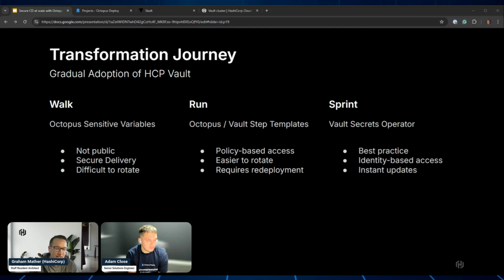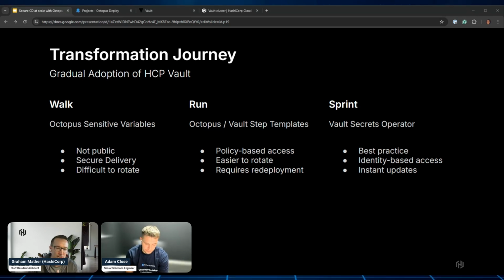Whereas in Walk, I just typed out the value of that token, and Octopus delivered that value to my application. Now in Run, I'm saying, Octopus, I want you to go get the value of this token from Vault at this time. And I'm going to manage that token offline so I can rotate it, and I can govern its policy separately